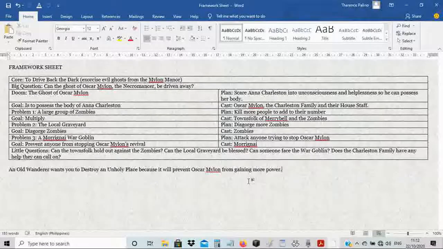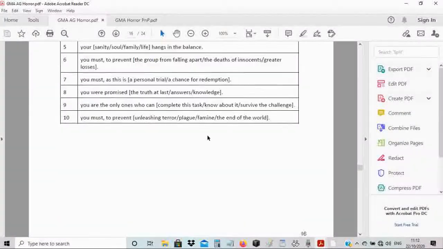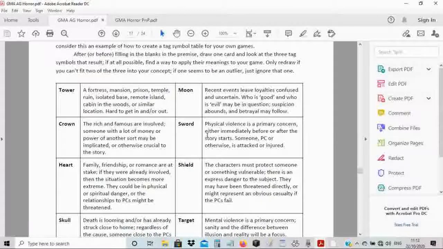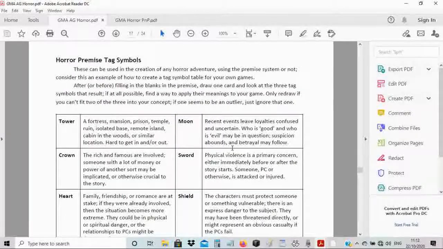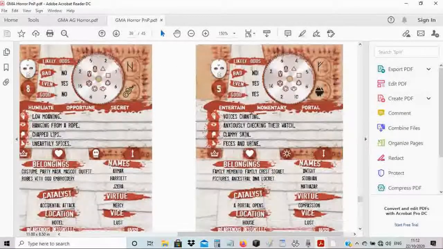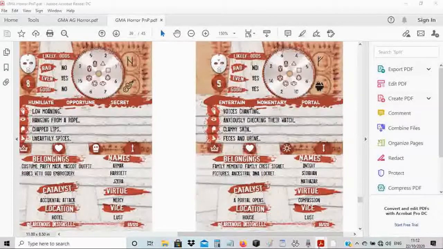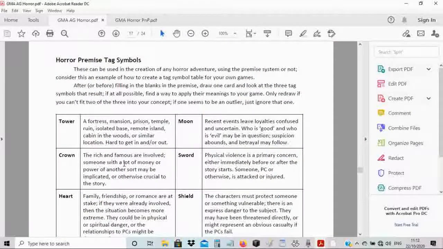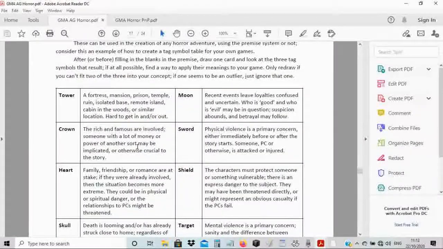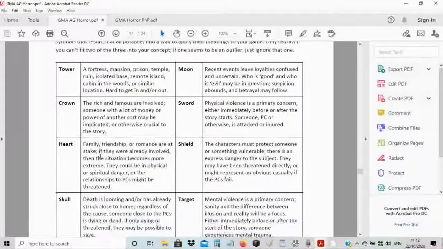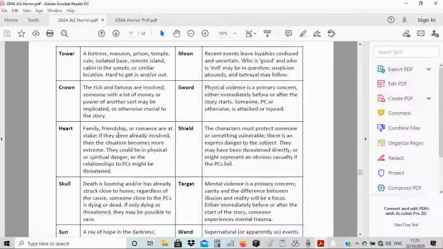So you see, these are just some of them. Again, here are more. So here are some premise symbols, like the tower, remember. These symbols here, this is what they mean. The tower means fortresses or buildings, a crown can mean wealth, a heart can be about family or friendship,